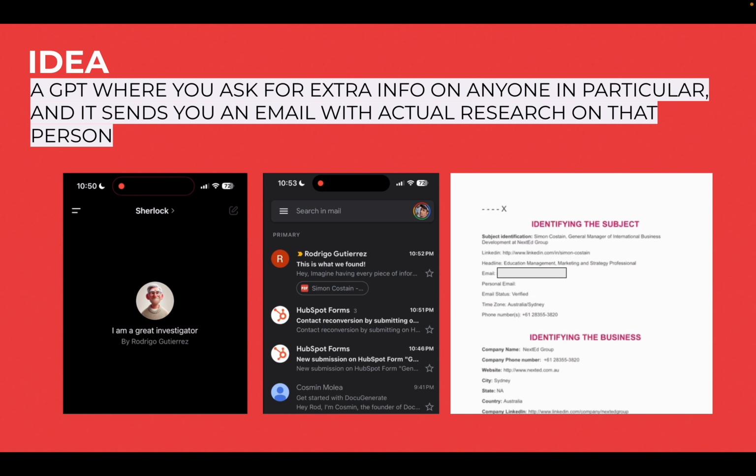Let's say you got an email from a random person regarding an offering, and you want to understand what's the business, and you don't want to reach out or reply to that email because it might be too invasive, but you do want to understand what they do. So you just talk to Sherlock, give him a name, an email, and then receive a PDF with all the information you need to know, identifying the subject, identifying the business, seeing opportunities, even with templates on how to reach